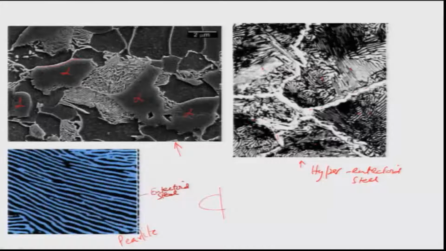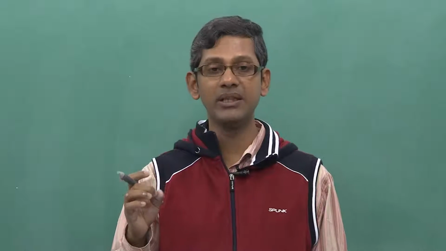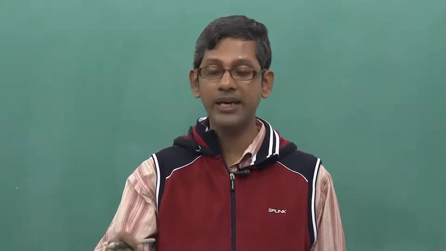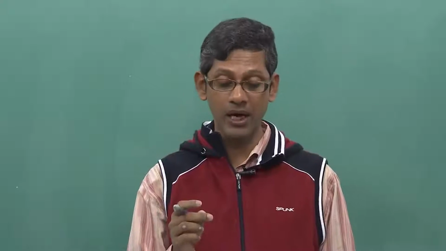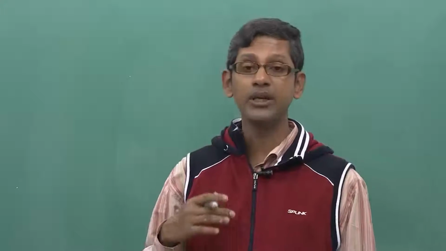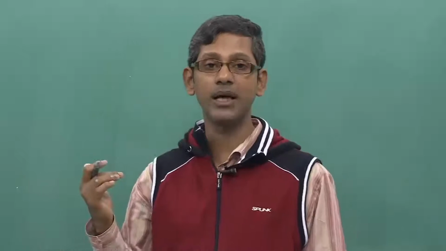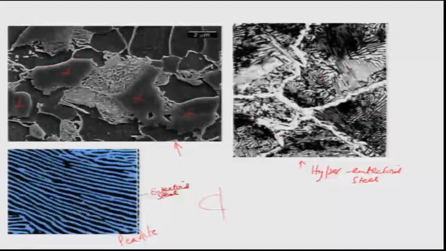So, that is the major difference between hypoeutectoid steel and hypereutectoid steel. In hypoeutectoid steel you will see large, big alpha grains, primary alpha grains. In hypereutectoid steel you will see a small amount of primary cementite forming along the grain boundaries of gamma. The alpha also started forming on the grain boundaries of gamma, but it has grown, because its volume percentage according to the phase diagram calculation is very large. So, this you must keep in mind, because this is very important.